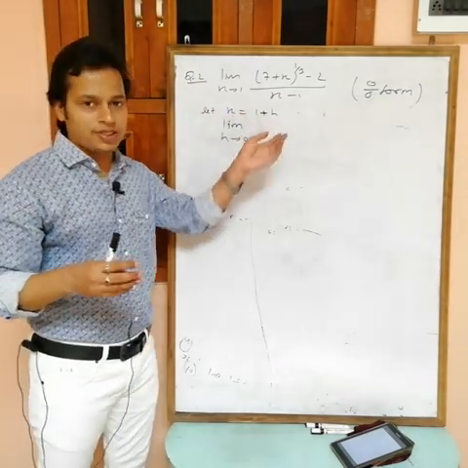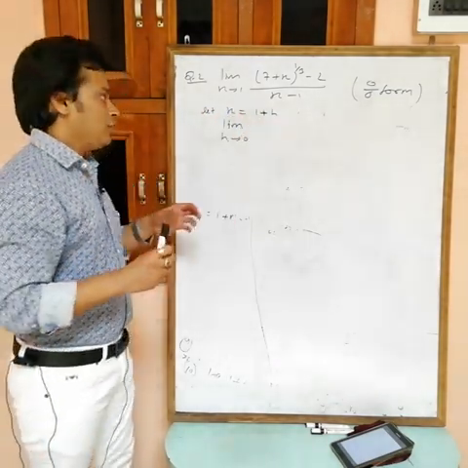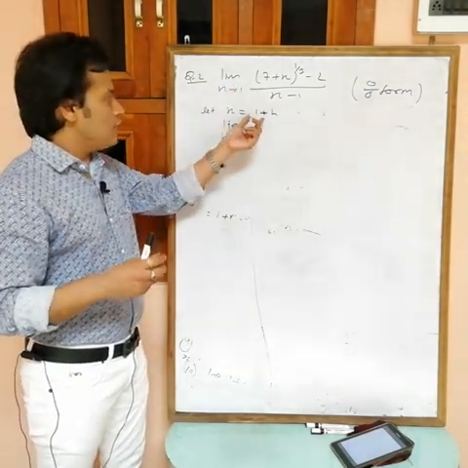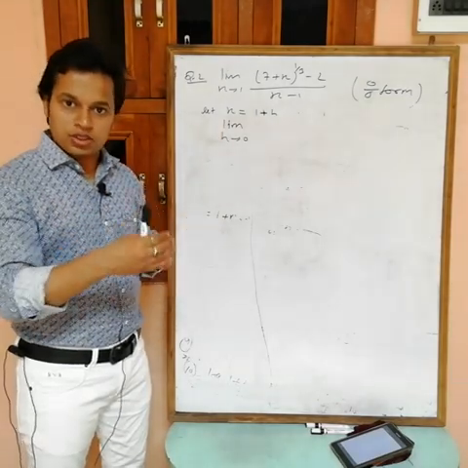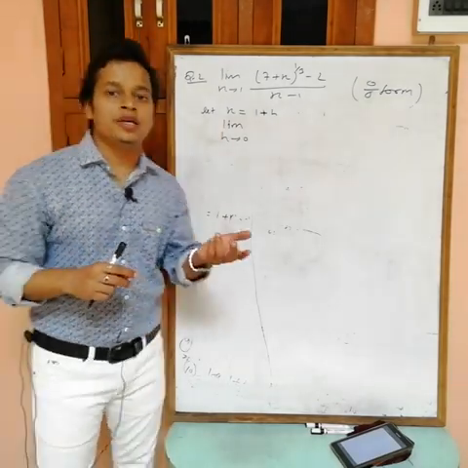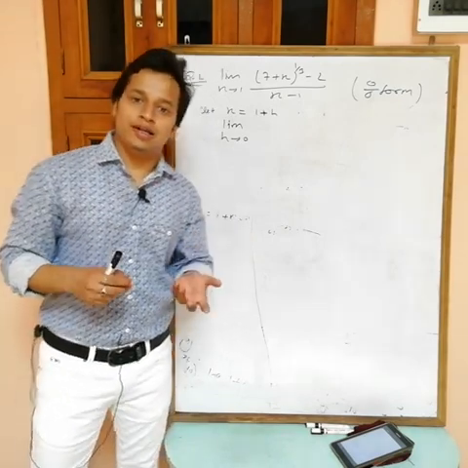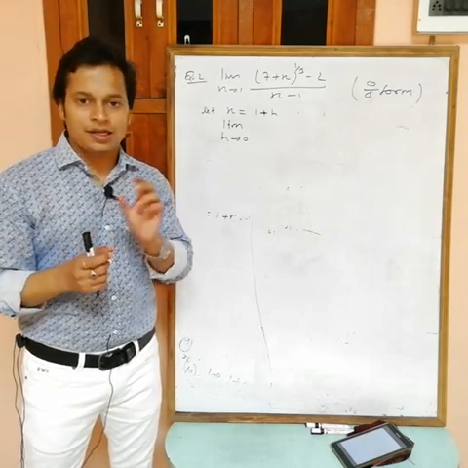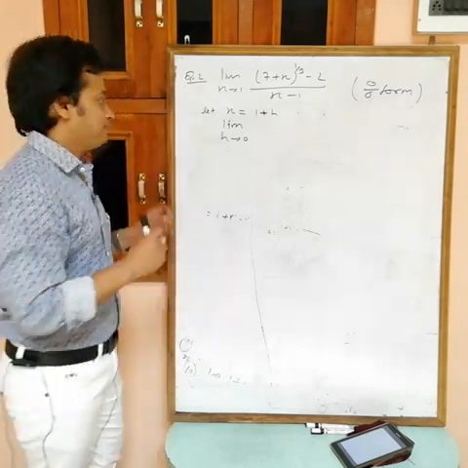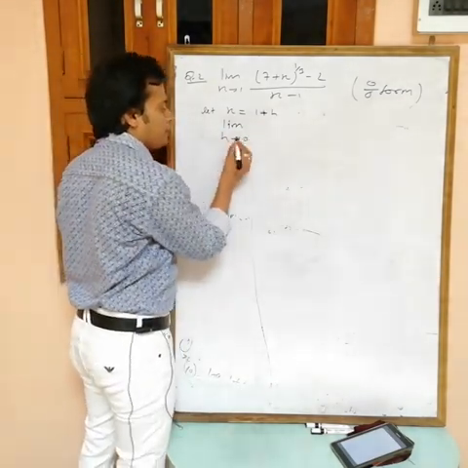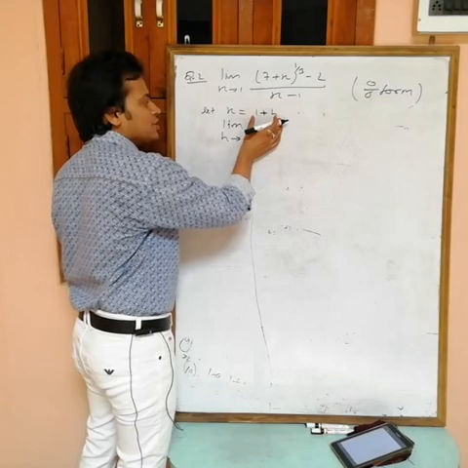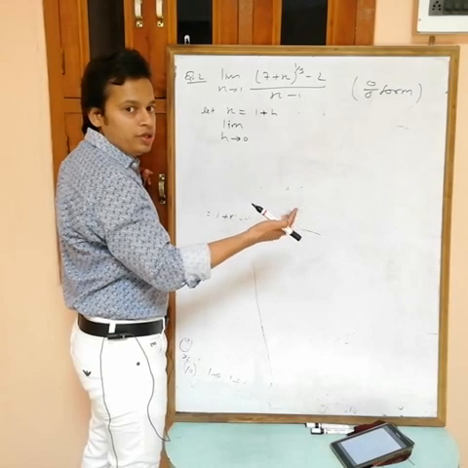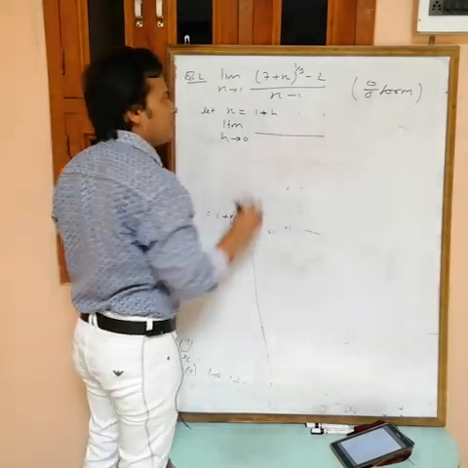Why are we writing the limit in terms of h now? Because if you put the value of x as 1 plus h to get the RHL, you can also use the LHL, it doesn't matter. You can put 1 plus h or 1 minus h, because 1 plus h is for the RHL and 1 minus h is for the LHL, and both are the same in these cases, and the value of the LHL and RHL is the value of the limit. Why are we putting the limit for h now? Because if you replace the value of x in terms of h, now there is no x, so you will get terms in terms of h. So we have to write the limit in terms of h.